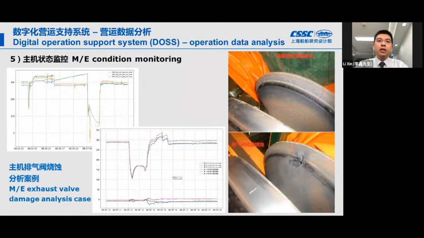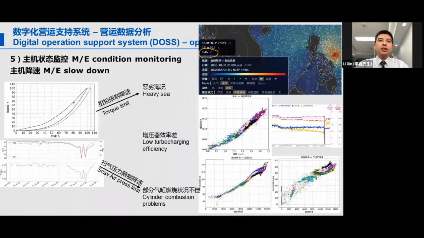We detected a problem with the exhaust valve, but through our digital analysis, we would be able to predict one week in advance the possible leakage and erosions of the exhaust valve. So we talked a lot about energy efficiency and the condition monitoring of the main engine. So these operation data in the real world can help us to do a lot of optimization. Here is another example about real-time monitoring of the main engine condition,